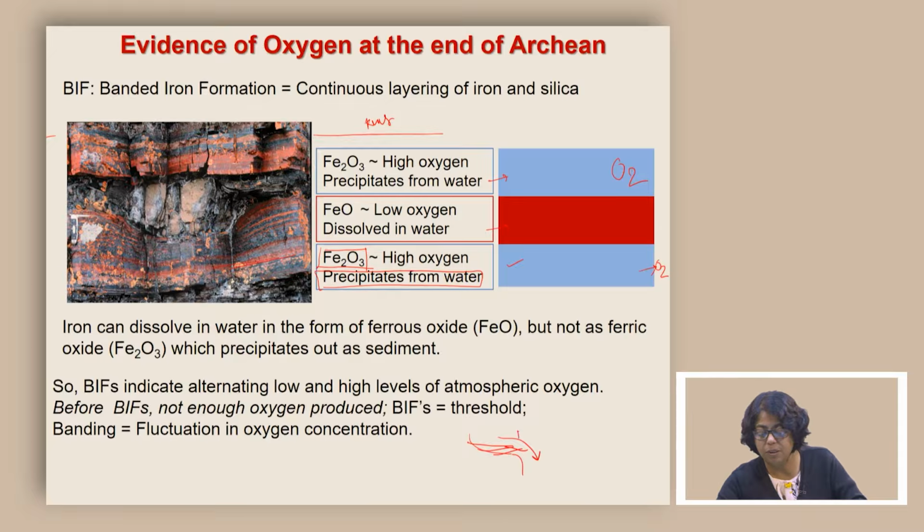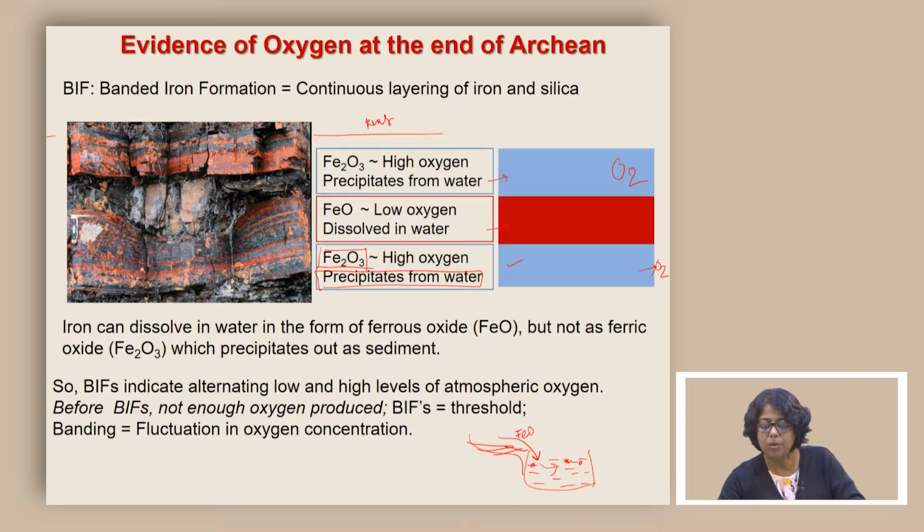So, even if they were eroding Fe, it may be in the FeO phase, and it can be carried in water and be deposited and be in the ocean for a longer time, because it is still in the FeO phase, and therefore it is not precipitating. And then, if there is a change in oxygen concentration and the oxygen concentration increases, then everything that was